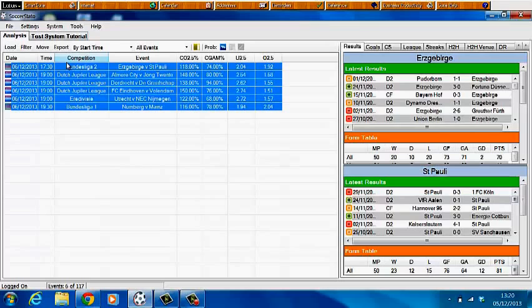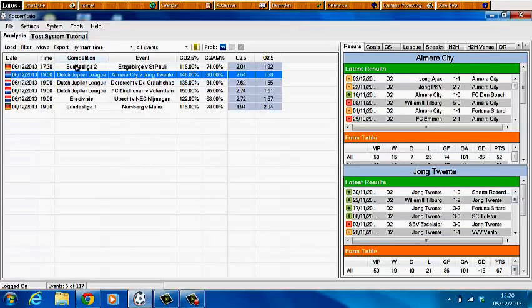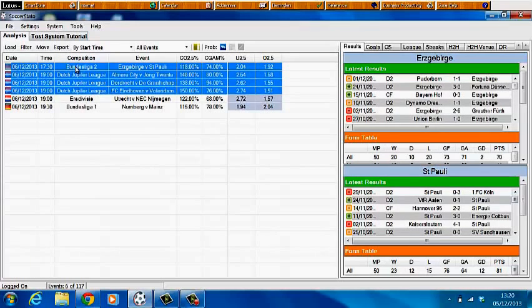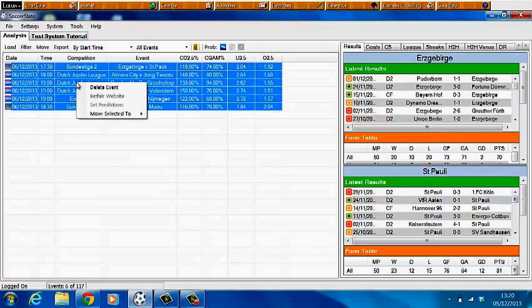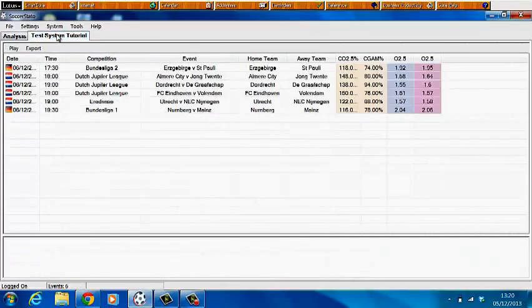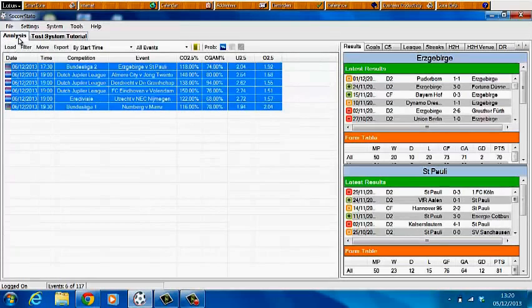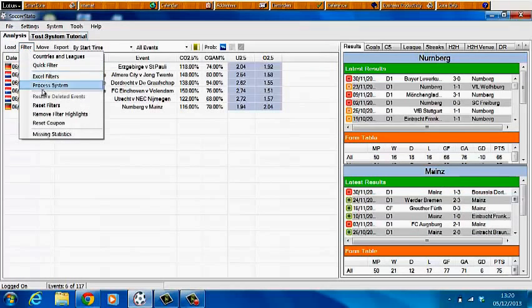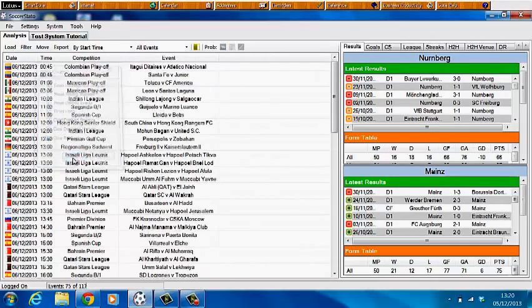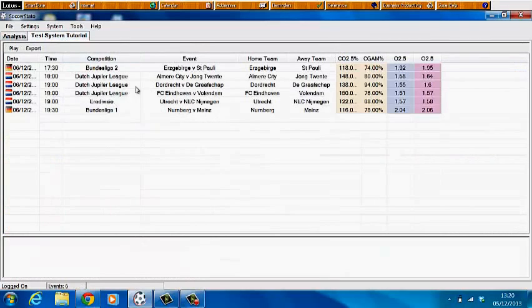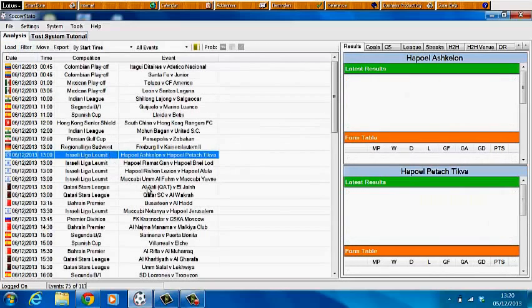I right click, apologies for that, I clicked the wrong button there, I highlight them, I right click, move the selected game to test system tutorial. Now when I click this page, I've got those games, they're all there saved for me. I can go back, I can reset my coupon, I could load the coupon again if I wish to. I reset the coupon there, but my games are still safe in my test system tutorial page,